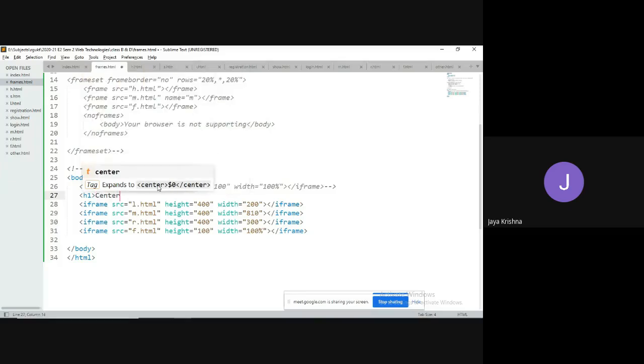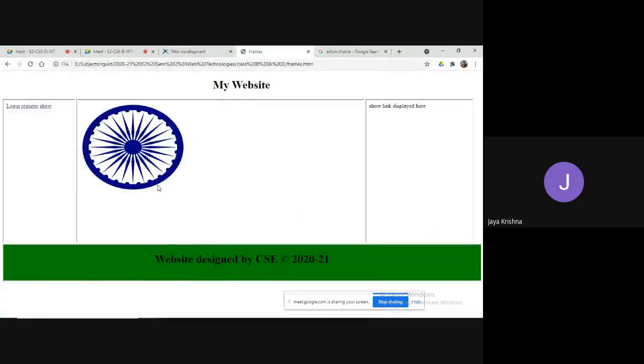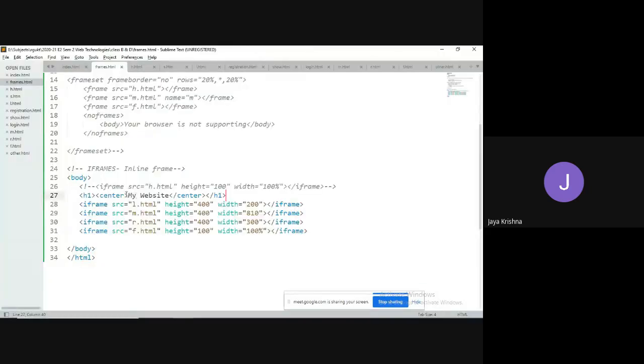I can make it align to the center. My website. Am I getting it or not? Yes. I would like to apply some background colors here, so that it will look good.